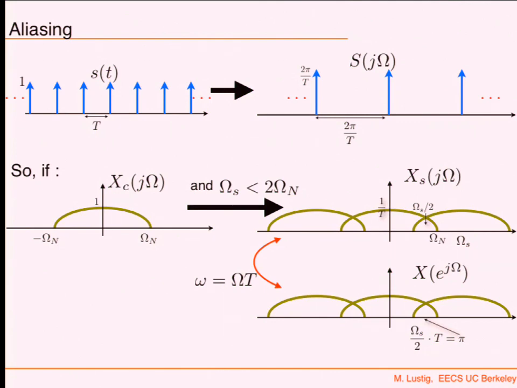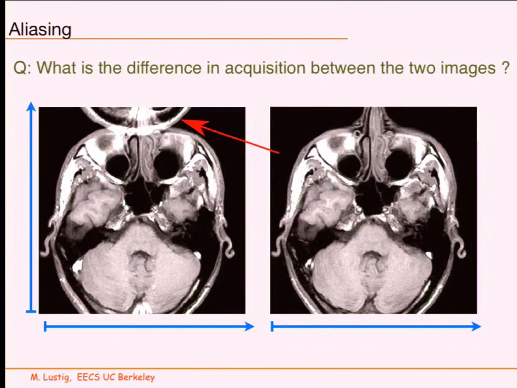Here's another example. This MRI. In MRI it's a little bit opposite. We sample in the frequency domain. Then we compute a Fourier transform, we get the image. I mean, it's the same thing, right? They're all symmetric. So you can think of it as the size of the object being the bandwidth, and the rate that you sample the frequency domain is going to be dependent on how big the object is. That's the bandwidth. Hence, if I didn't sample enough, I'm going to get my nose in the back of my head,